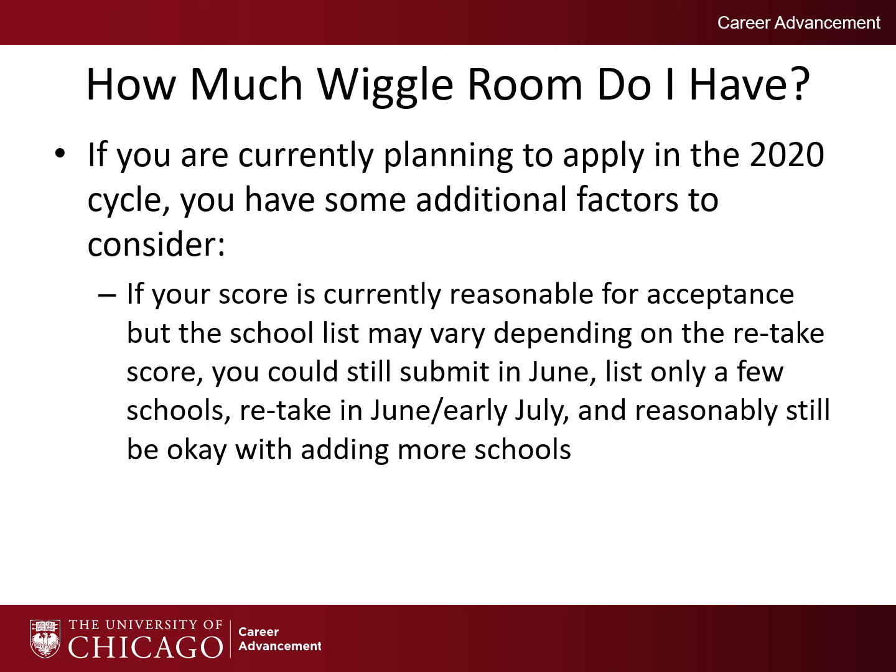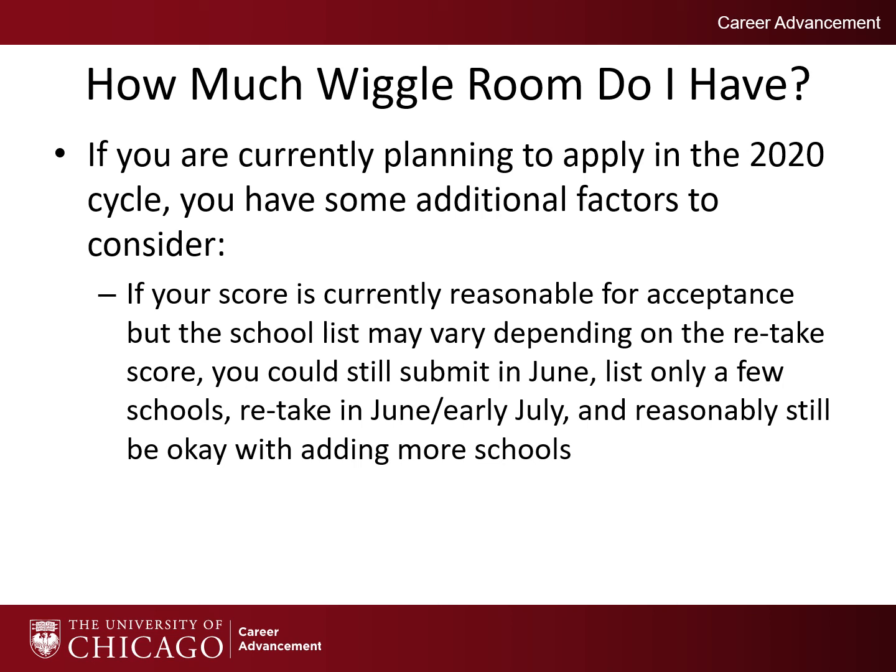Remember that the biggest thing that we need to get done in June is that AMCAS application submitted and verified. You won't be receiving secondary applications from the medical schools until typically July into early August. So if you apply to a couple of schools in June, your AMCAS is ready to go, and then in July, when you get your scores back, you add in some additional schools. Your AMCAS does not need to be re-verified. It simply needs to be submitted to those additional schools.